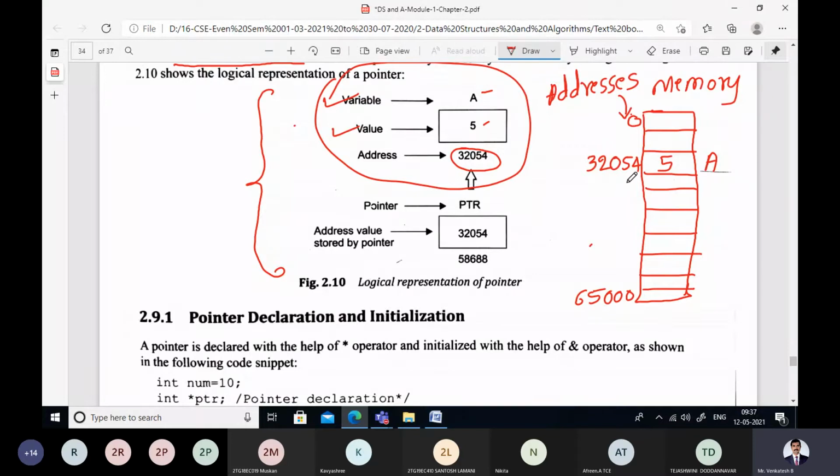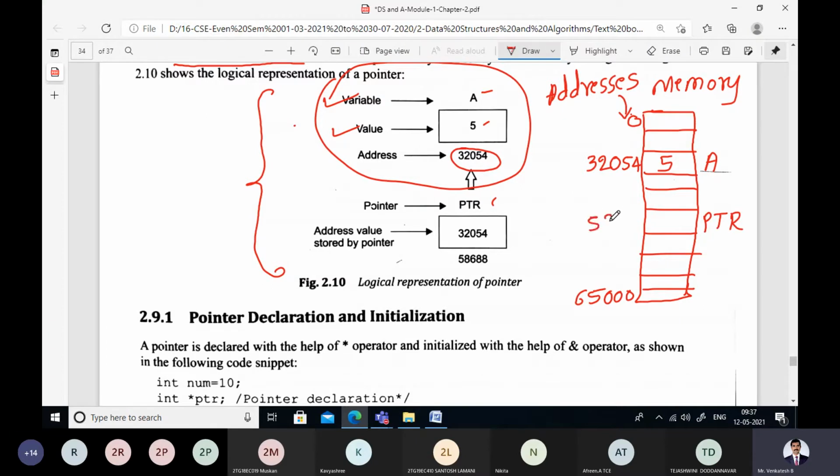Now there exists some entity called a pointer, PTR. If you declare another variable called PTR, let us take PTR as one more variable which will get its own location. What is the memory location for this?